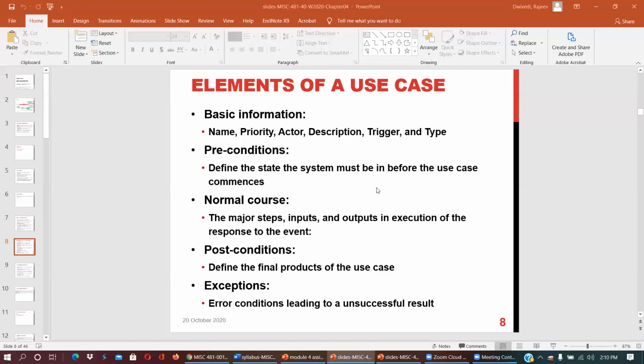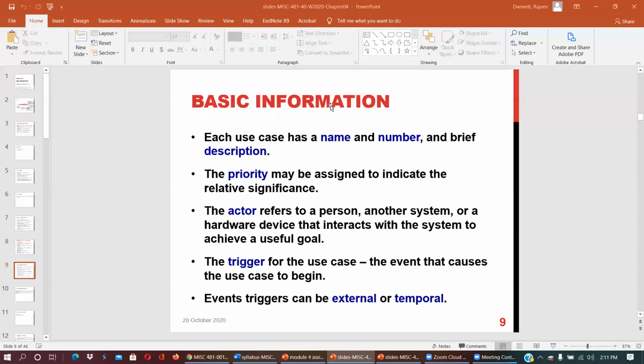Basically, if you are going to write a use case, you have to keep all these elements in the use case expression. Postconditions define the final product of the use case and expectations, and error conditions lead to unsuccessful results. So this is what is included in basic information.